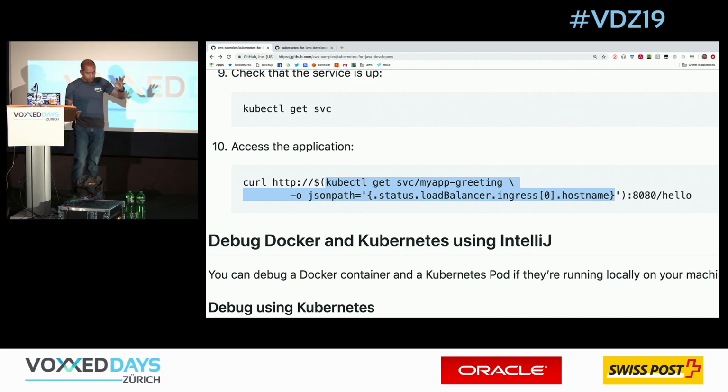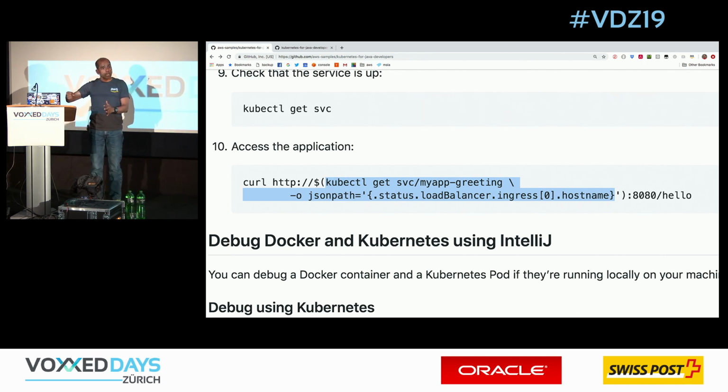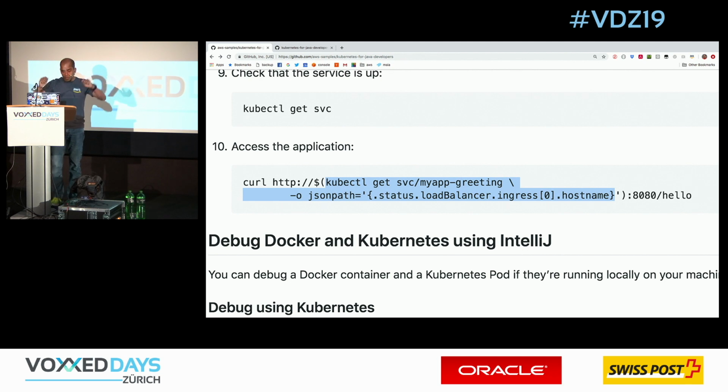So think about the journey again. Spring Boot application running in a terminal using Maven plugin. Then the next step is Docker, running as a Docker container, getting the same result as hello. And the third step is really setting up your Kubernetes Helm chart and firing it up as an application and getting the exact same result. So that's your third step in the journey.